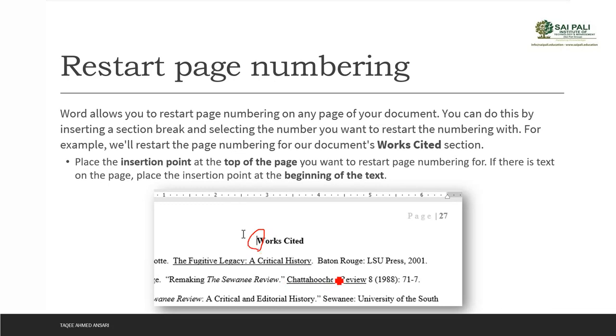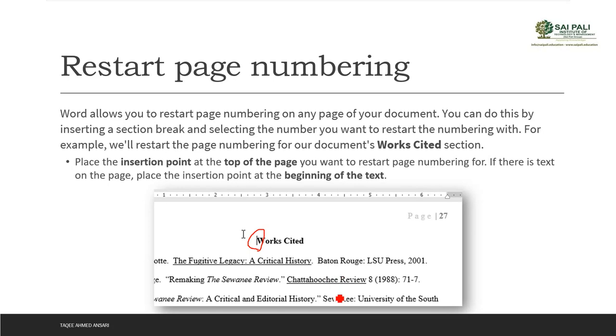And then here we'll put the section break. In the previous video we have seen breaks: page break, section break, column break. So here I will put a section break. A section break divides the document into other sections, which means I can reformat that section again.